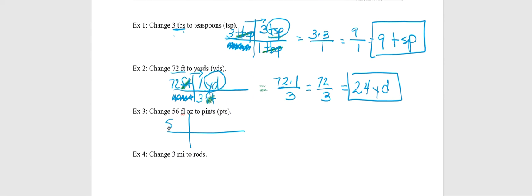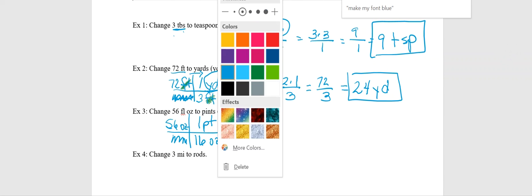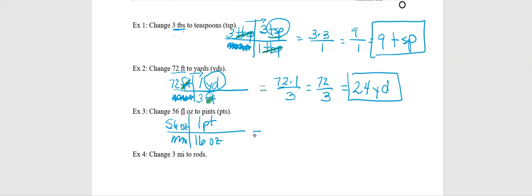So I have 56 ounces to start. There are 16 ounces in 1 pint. So my ounces cancel. 56 times 1, 16 on the bottom,